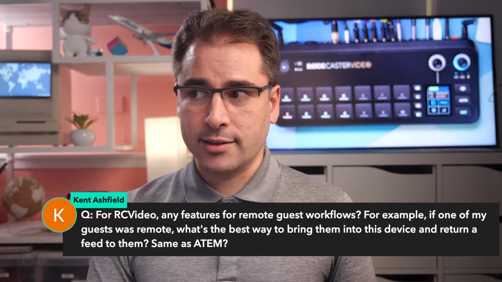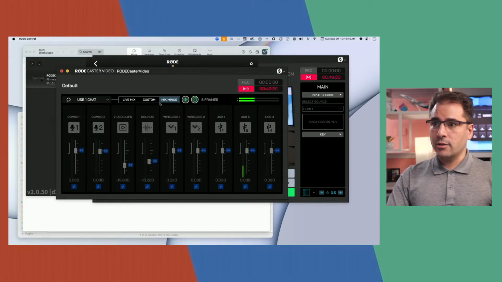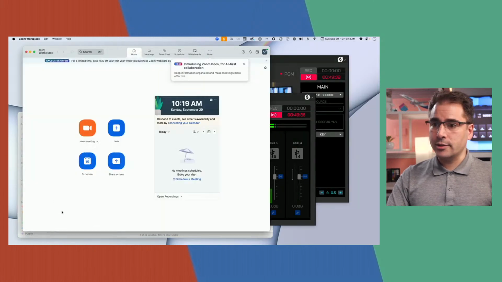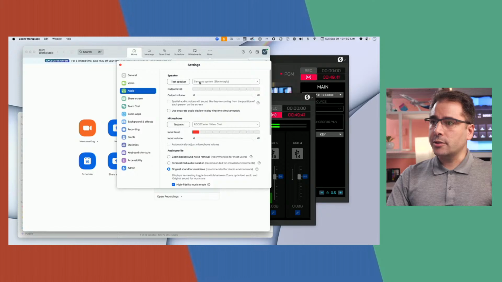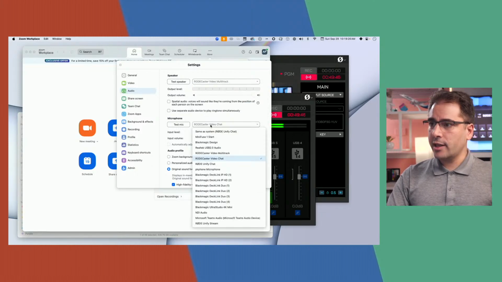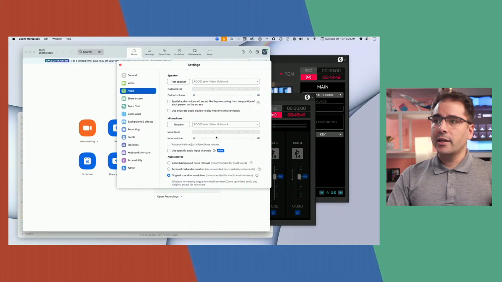Getting a remote guest into this is not going to be easy, but there are a couple of different options. Probably the easiest option is not the best option, but the easiest option is using Zoom. But the reason that it's a lot easier in this compared to the ATEM is because of Mix Minus. So if I go over to Rode Central, I've got this plugged in, right? I've got USB 1 set to Mix Minus. So if I set my computer audio, or actually my Zoom audio, to use the speaker as Rode video multitrack, and the microphone is also multitrack, then